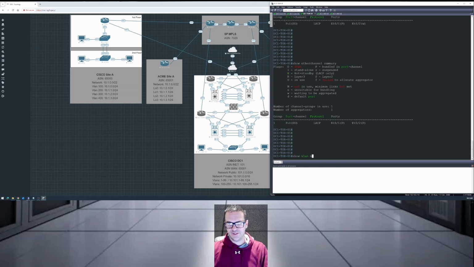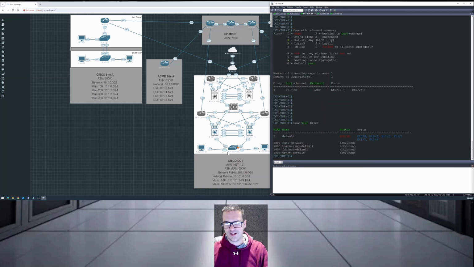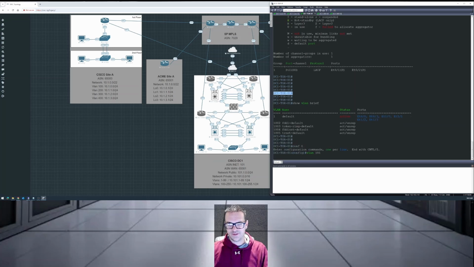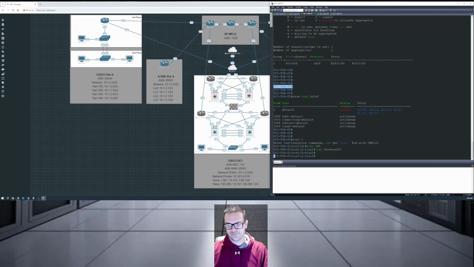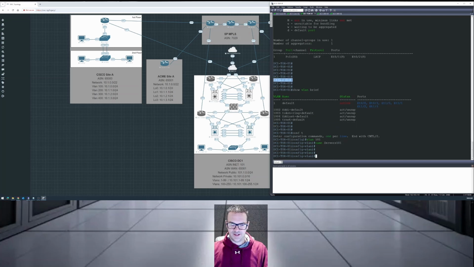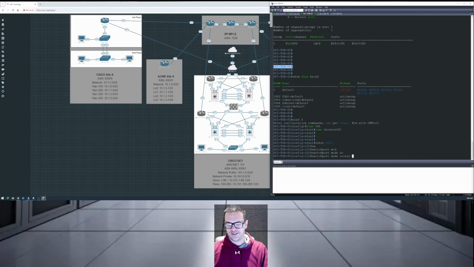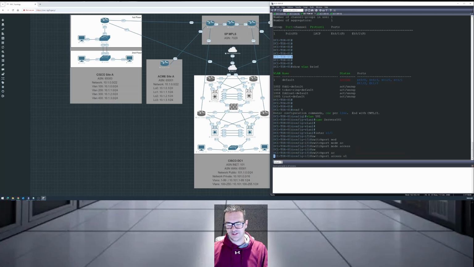So if we show VLAN brief on top of rack switch 1, we don't have any VLANs, right? So let's go ahead and create VLAN 101. We'll say name, servers, whatever, 101. Okay. And then we'll go into interface E11, and we'll say switch port mode access, switch port access VLAN 101,